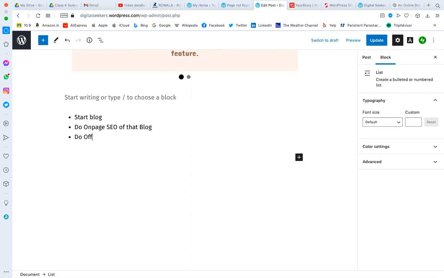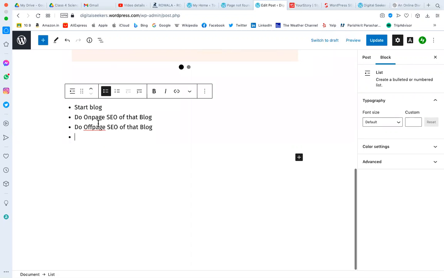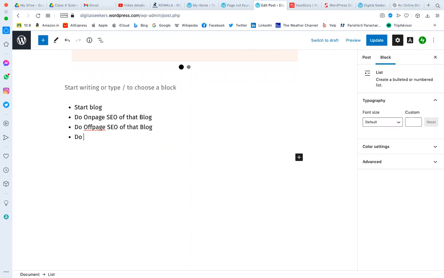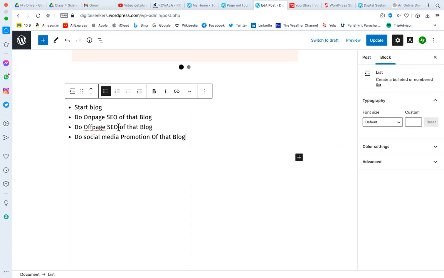Do off page SEO of that blog. Do social media promotion of that blog. So we have selected this list, and this list's editing options will appear here.